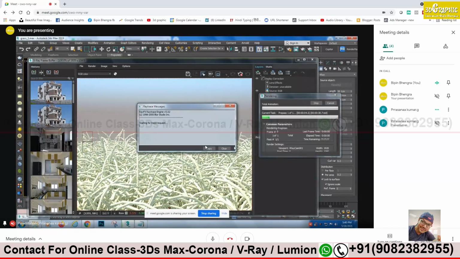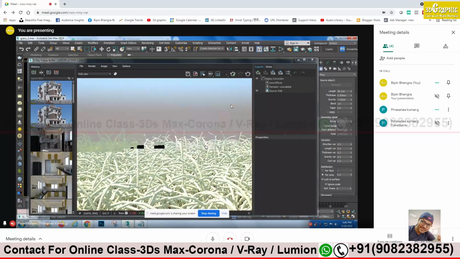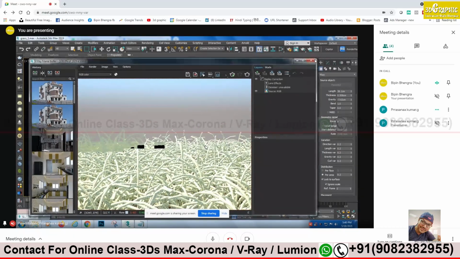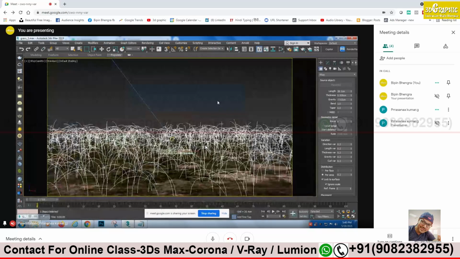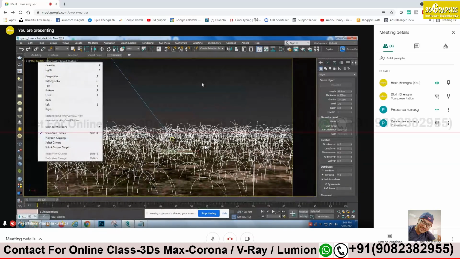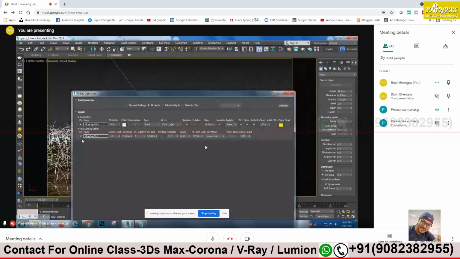Are you rendering from the camera view only, no? Yes, sir. Just make sure this is the camera view. I didn't find any problem with lighting. It's okay. You can change the height. Fine, good. You have used sun, right? Yes. Reduce the sun intensity.